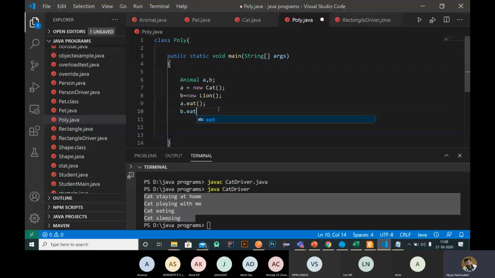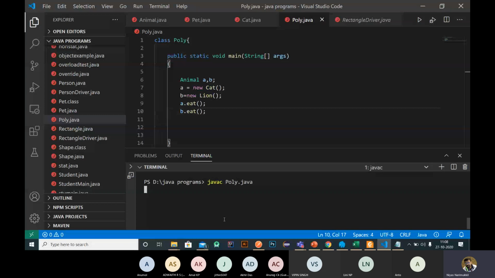So just run this program. We compile it with javac, then run java Poly. You will get Cat eating and Lion eating.